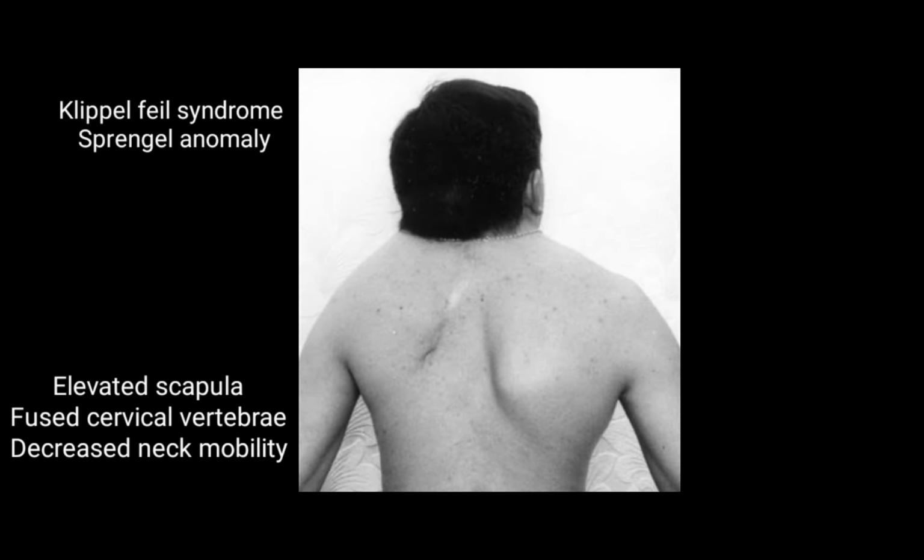The next image we have is of Klippel-Feil syndrome. Klippel-Feil syndrome has Sprengel anomaly. In Sprengel anomaly, basically the scapula is elevated, the cervical vertebrae are fused and there is decreased neck mobility. See here the scapula is elevated. This is normal scapula, this is elevated and the cervical vertebrae are fused. That's why the neck is short and there is decreased neck